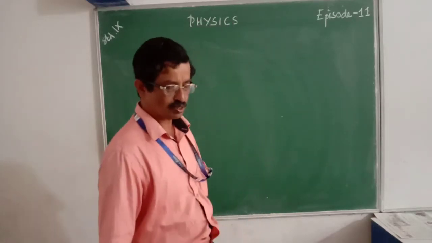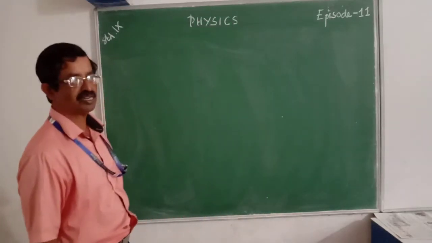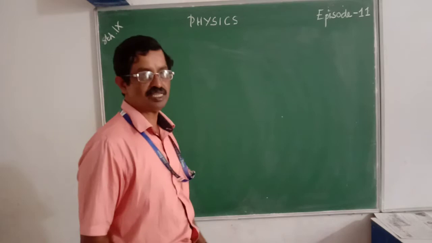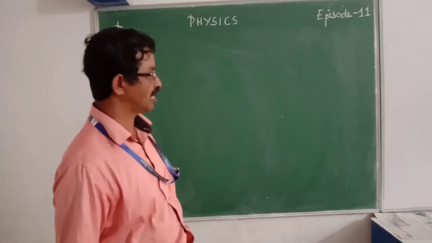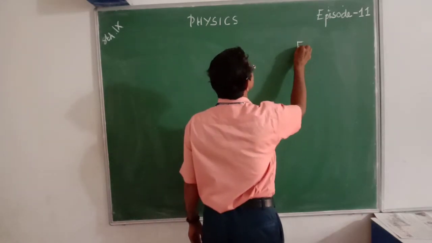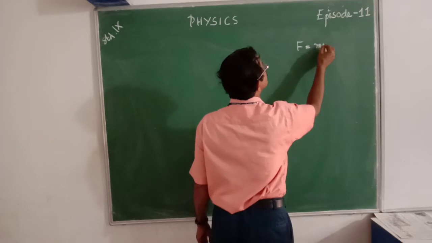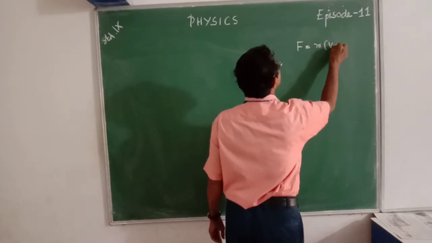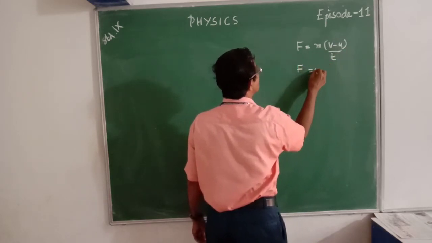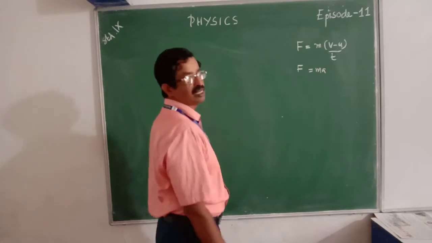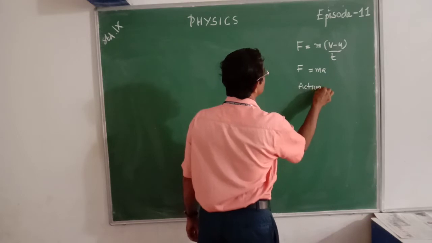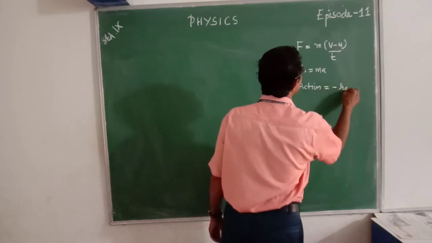Now we want to solve some more problems from our exercise. To solve these problems, you should remember the following relations or equations. From the second law, we got the equation F is equal to m into (v minus u) by t, or F is equal to ma, and from the third law, action is equal to minus reaction,